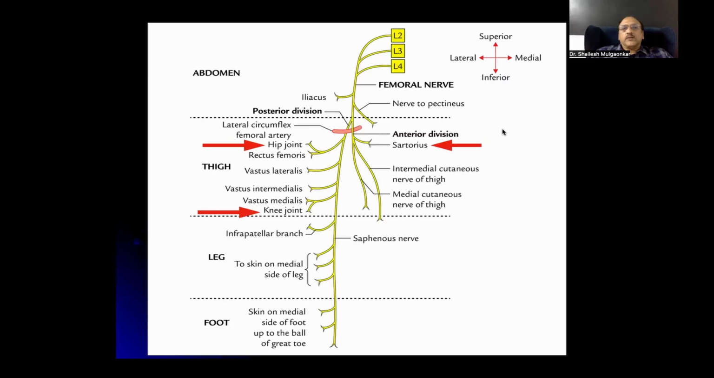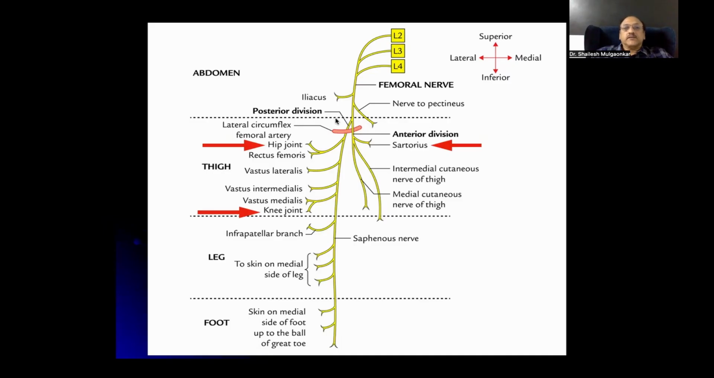Now let us come to the anatomy of the femoral nerve. As soon as it comes below the inguinal ligament, about 3 centimeters below, it divides into the posterior division and the anterior division. The anterior division supplies the motor branches to the sartorius muscle, and then the intermediate cutaneous nerve of thigh, and the medial cutaneous nerve of thigh,